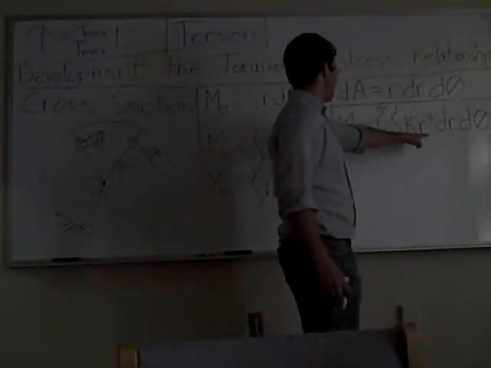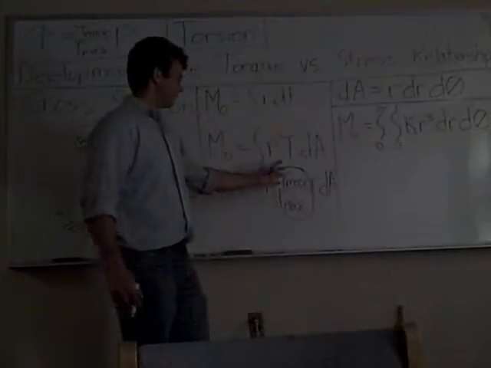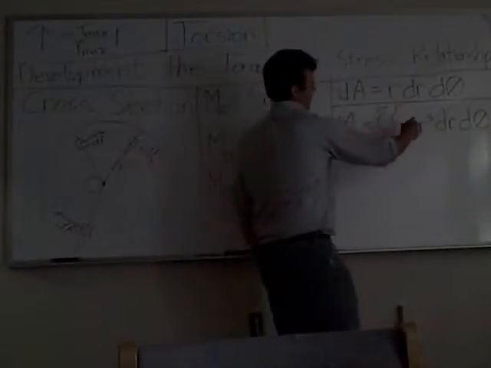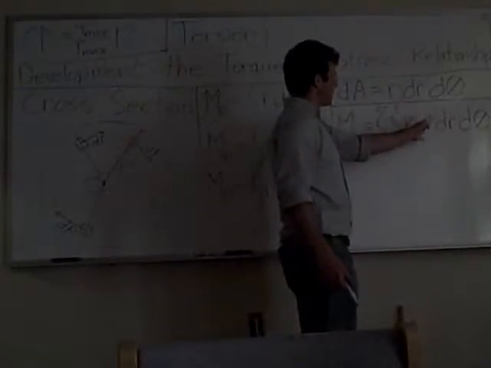It's just easier to do the math for me if I can use as few variables as possible, so I just call this a constant. So we have a constant times our distance from the center cubed dr d theta,